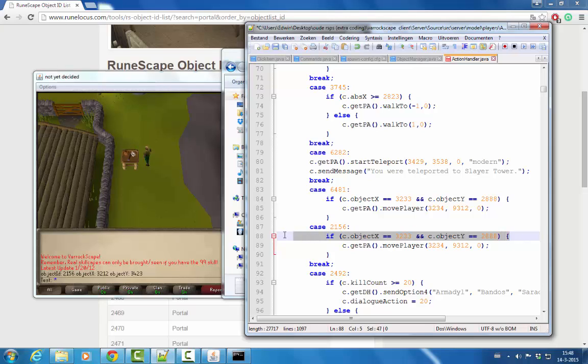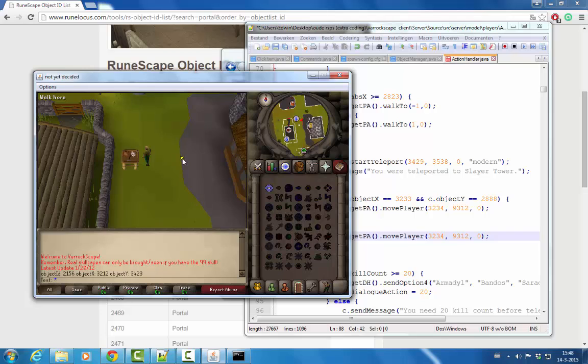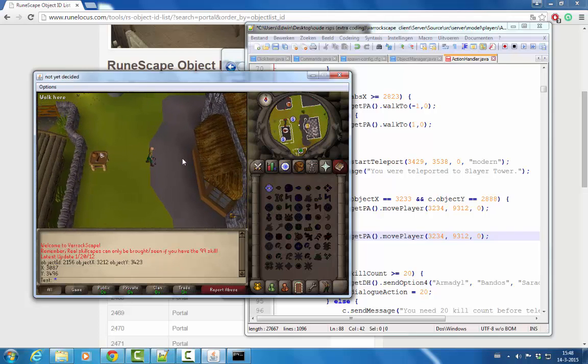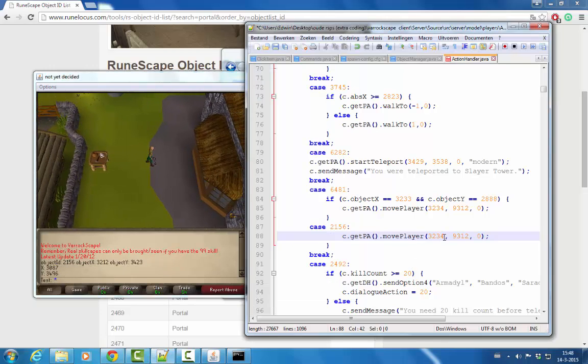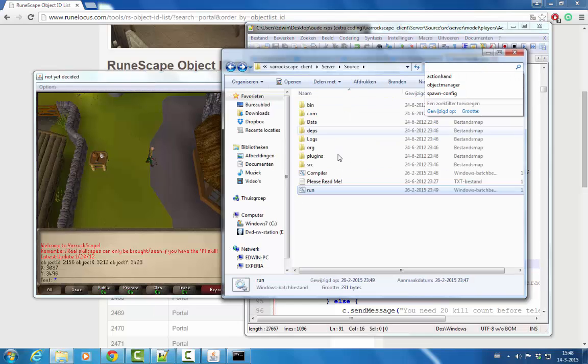Now let's say I'm gonna delete this. Oh, it's print screen, don't need that. And we're gonna change the location to over here, 3087, 3087, 3496, and this is the height. Just leave it on 0. Doesn't really matter. Now to be sure we did everything right, I'm going to do this, going back and